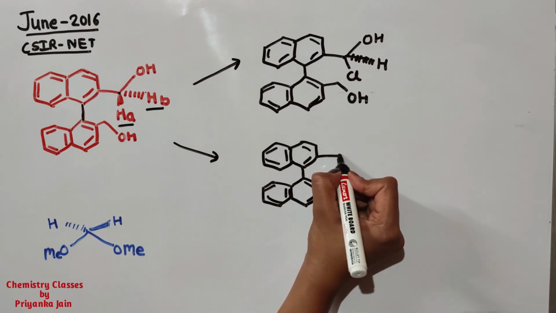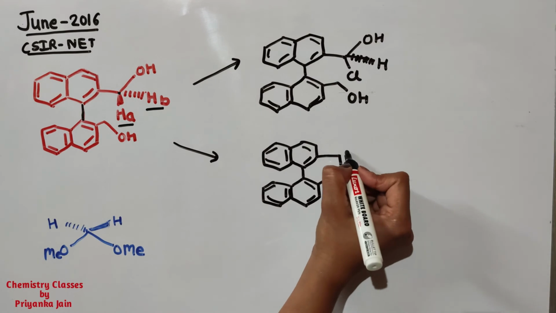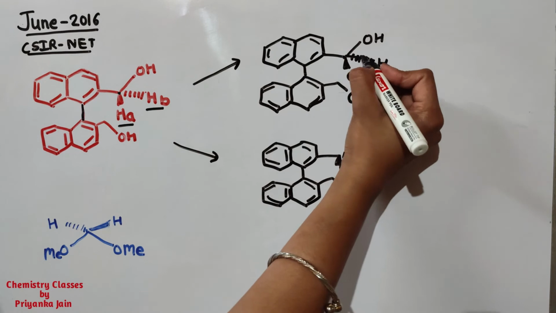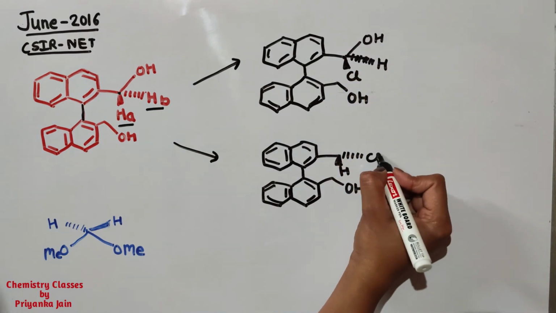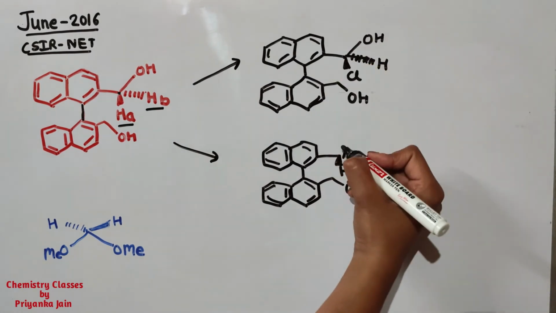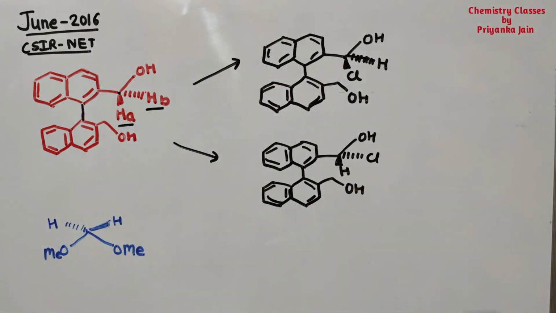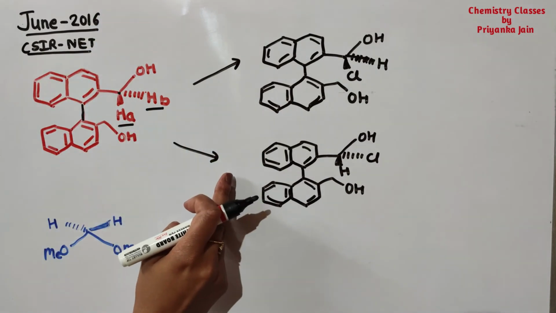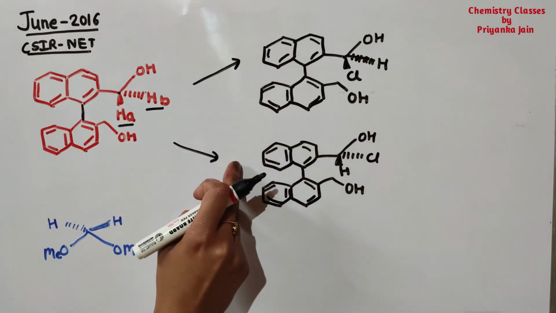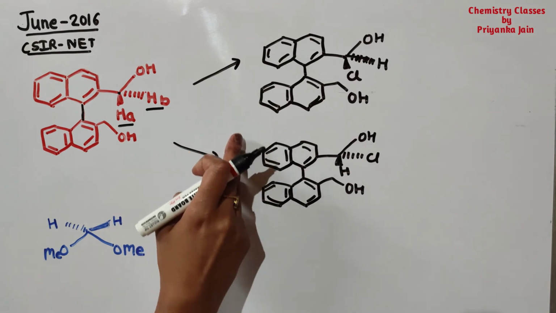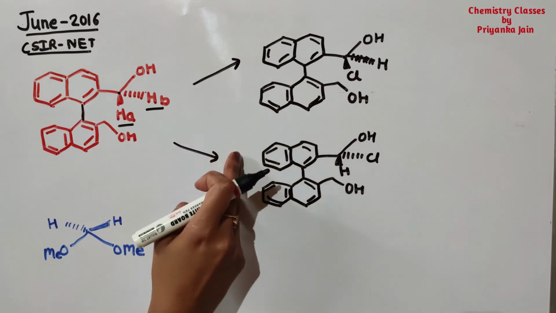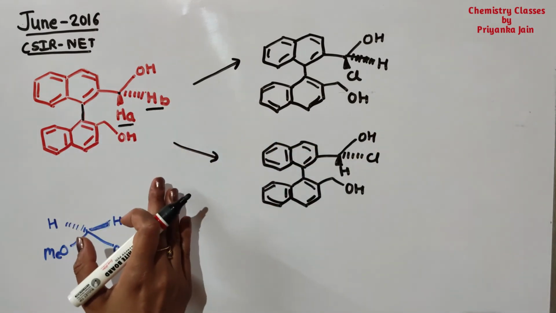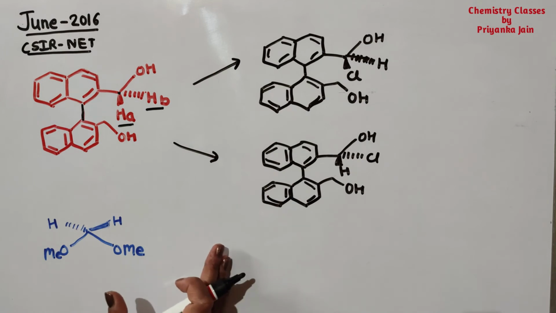Now what will happen? Here will be hydrogen, and this is above the plane, and this is below the plane. So now this chlorine will be below the plane, whereas here it was above the plane. So we are getting this system. Now you can see that these two molecules are not the same molecules, and these are not enantiomers. Why are these not enantiomers? Because these are not mirror images of each other. So the two hydrogens here are diastereotopic. Now the thing will be very clear.